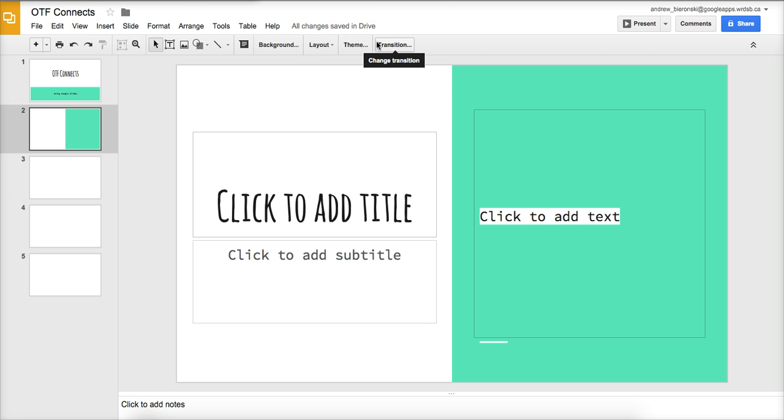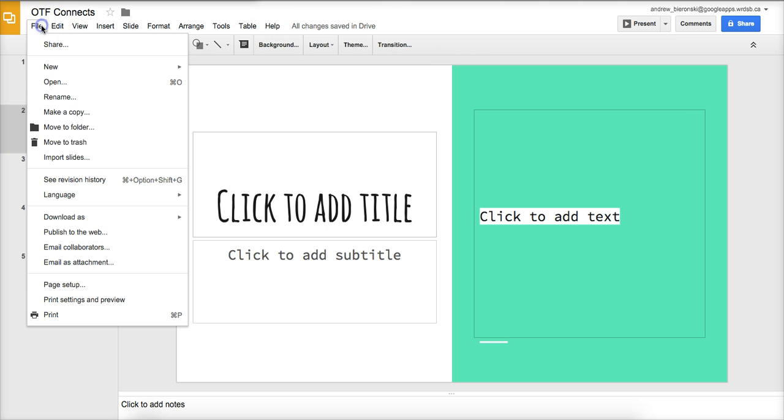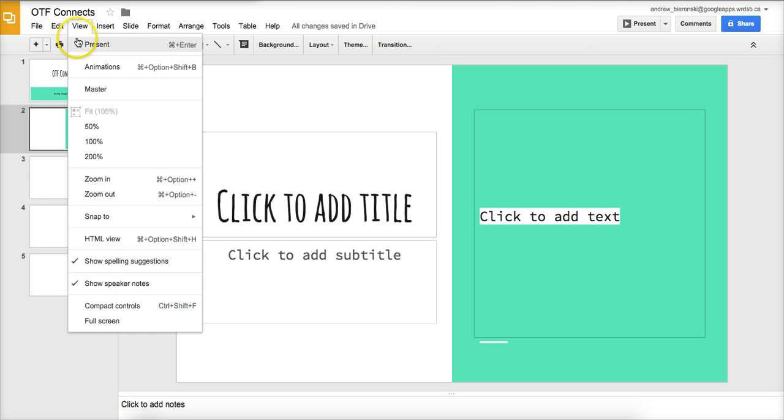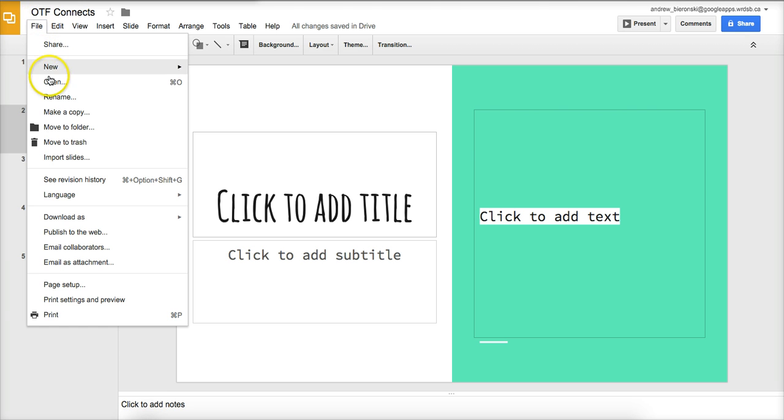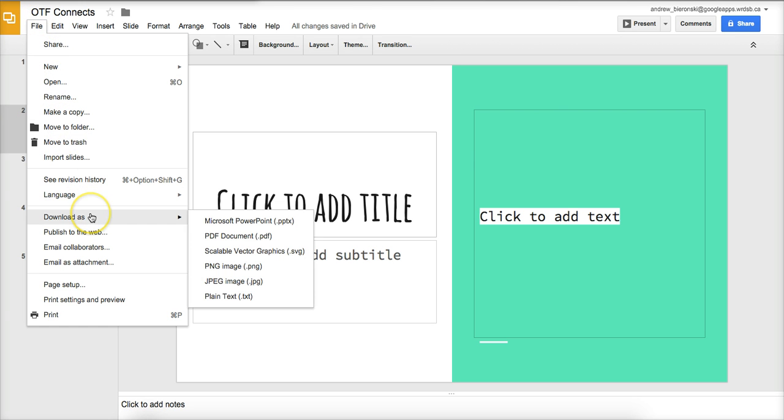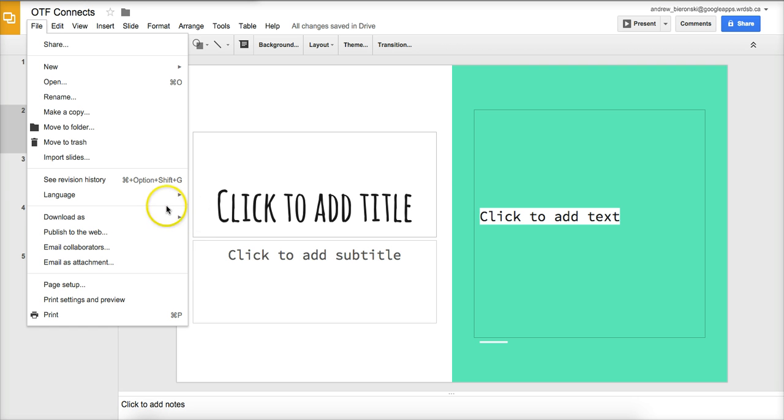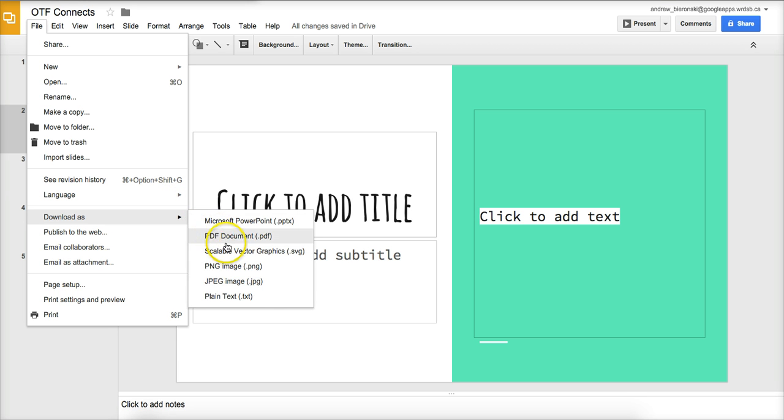We also have the basic toolbar as well. So for example, if I click on File, I've got my basic options here that's very similar to Google Drive. Some things here. If you look to download as, once you've created a slide deck, you can download it into a certain file format. Again, working in Google Slides here, you're working in the Drive atmosphere, which means it's all cloud-based, so it's tied to the web. I'm working on a web page online, but if I want a specific file to share with someone, I can choose to download this as, say, a PowerPoint or as a PDF,